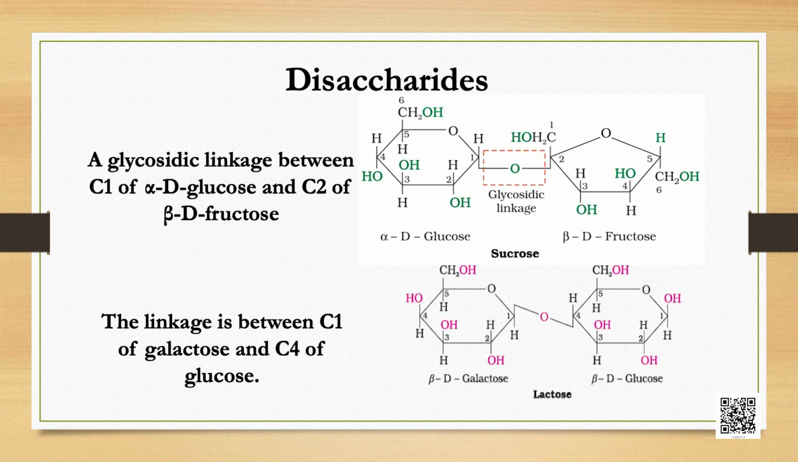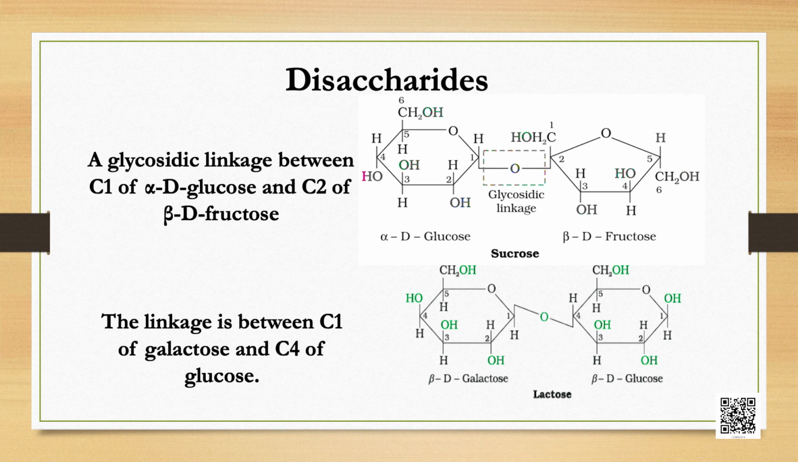Let us now discuss sucrose. Sucrose on hydrolysis gives an equimolar mixture of D-(+)-glucose and D-(-)-fructose. These two monosaccharides are held together by a glycosidic linkage between C1 of alpha-D-glucose and C2 of beta-D-fructose. Since the reducing groups of glucose and fructose are involved in glycosidic bond formation, sucrose is a